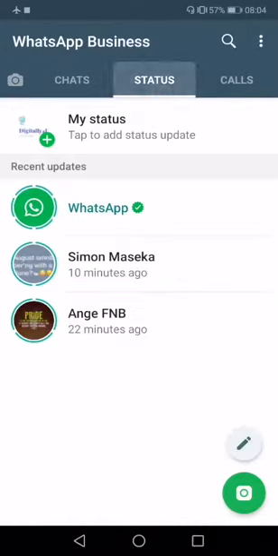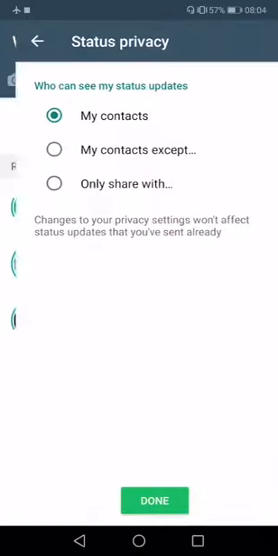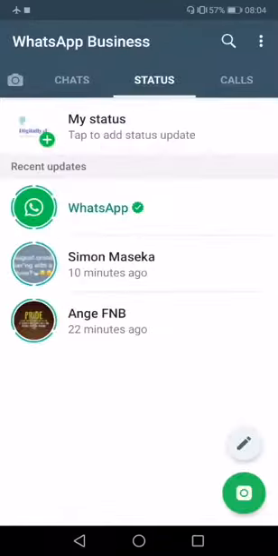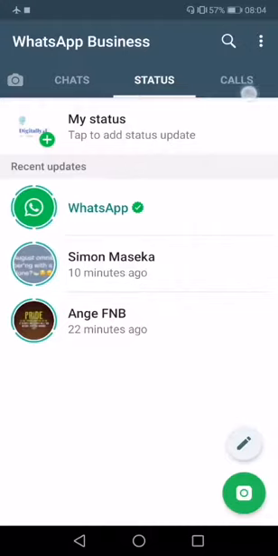And if you go under privacy, you can set your privacy on who can contact you on your business. So there's absolutely so many things that you can do with your WhatsApp for Business, and it's quite cool.